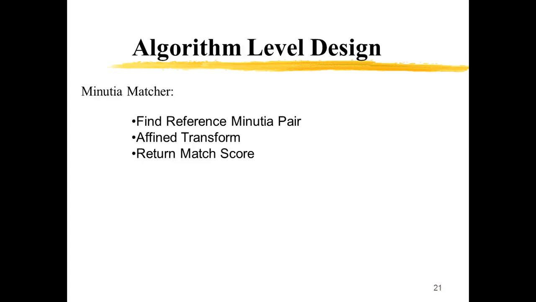So the last stage is the minutiae matcher. In the minutiae matcher, we take the two fingerprint images that have to be compared. We take two particular minutiae between them that are considered as a reference minutiae pair. Then we take the other minutiae from these two images and find the correlation between those and the reference minutiae